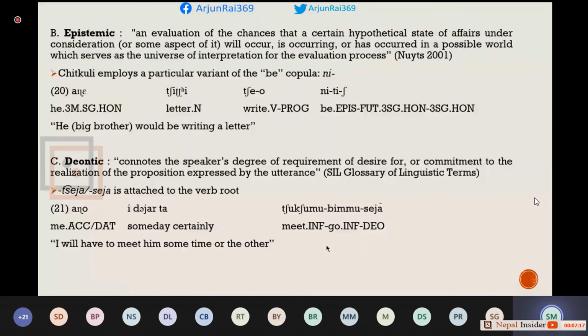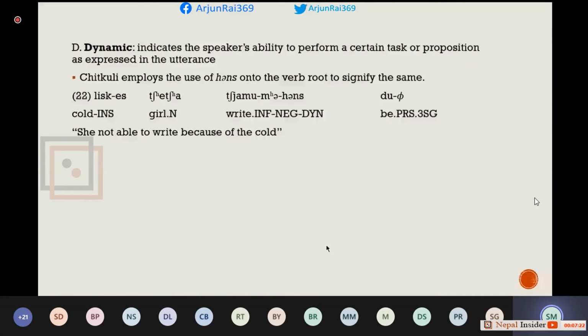Finally, we have the dynamic mood. When the speaker wants to suggest that he has the ability to do a certain task, I can do this, they use Hans out here. Like in this sentence, Lik says, check job. Shamu Hans do. Here they mention that I have the ability to write, or she, but this is a negative affirmative sentence, so she will not be able to write is signified here with the help of this particular verbal form. So this is just generally the system in the